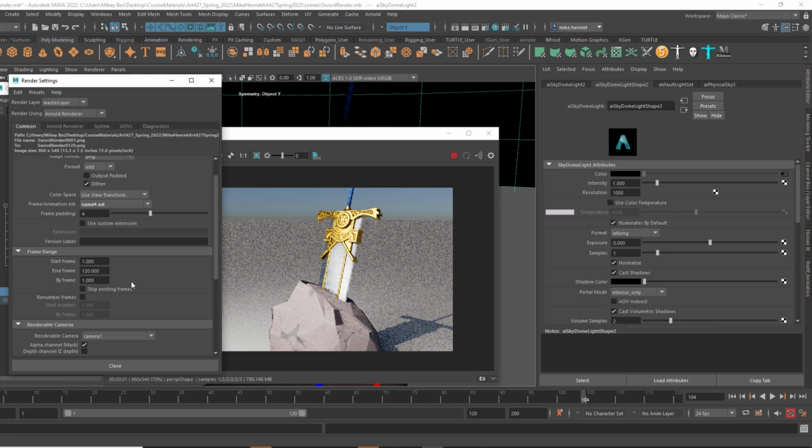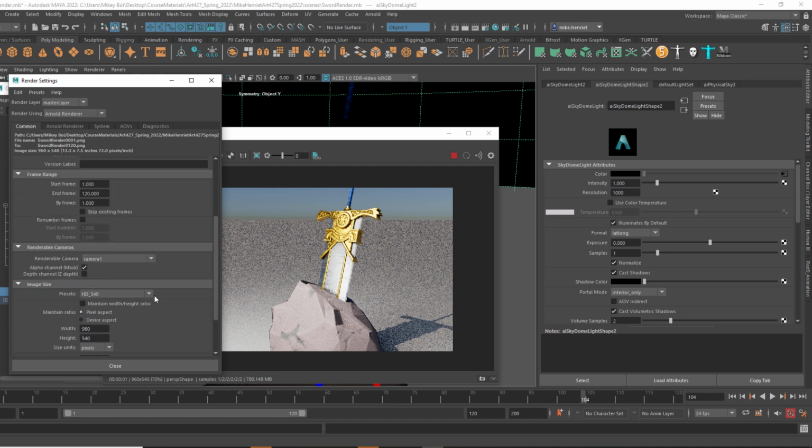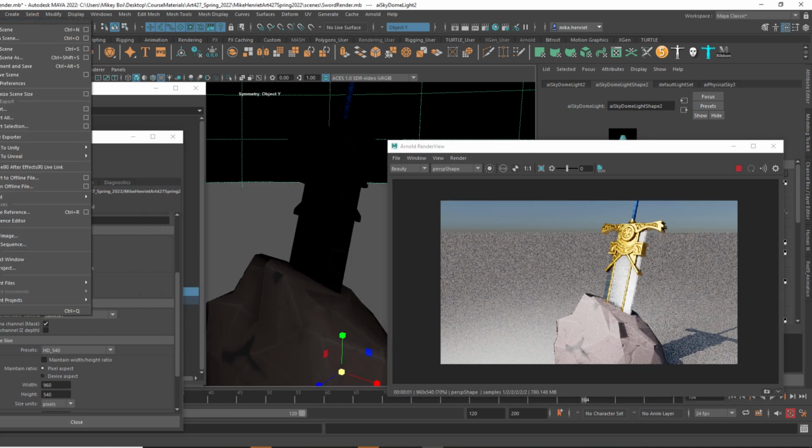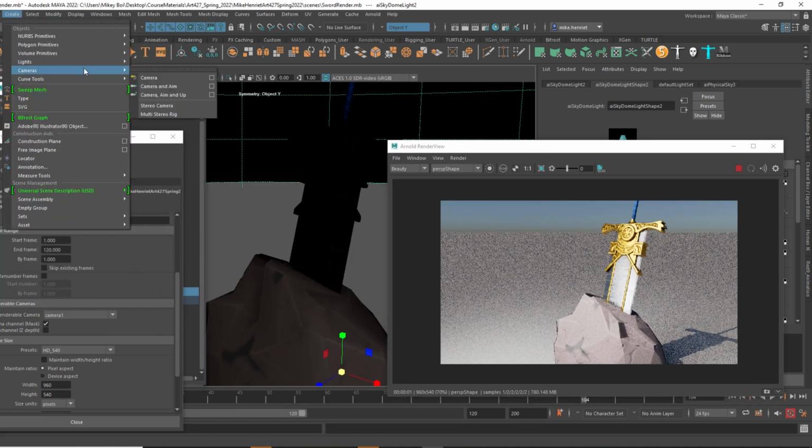Next up, we're going to specify our start and end frame. I'm going to use 120 by default, but if you shortened your animation to only be like 90 frames because you wanted a faster spin or something, make sure this is 90, you know? So adapt that to whatever scene you're making. And then renderable camera, we need to import a camera that we're going to use. So to create a camera, go to File, Create Camera,